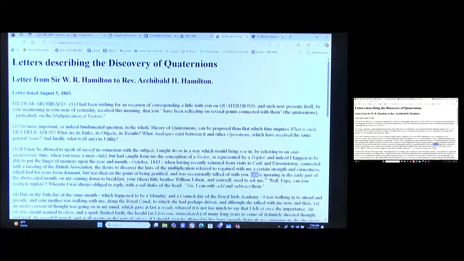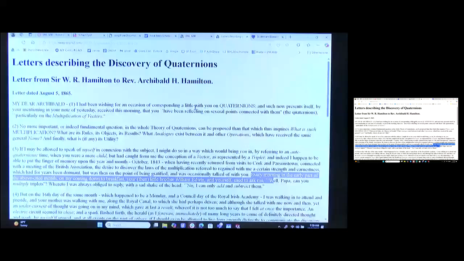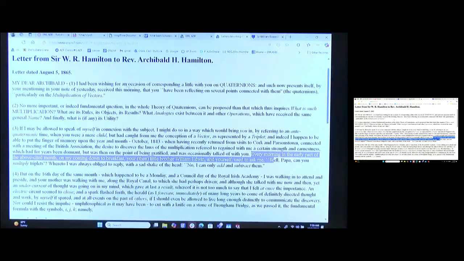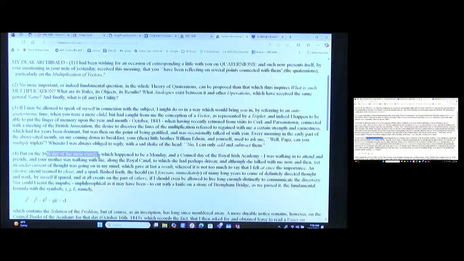Every morning, oh, this is funny, every morning in the early part of the above month, coming down to breakfast, your little brother and you would say, well, Papa, can you multiply triplets? Whereas I was always obliged to reply, no, I can only add and subtract them. So my kids were not quite into it, I guess, enough to ask, have you solved it? But on the 16th day of the same month, it happened to be a Monday,